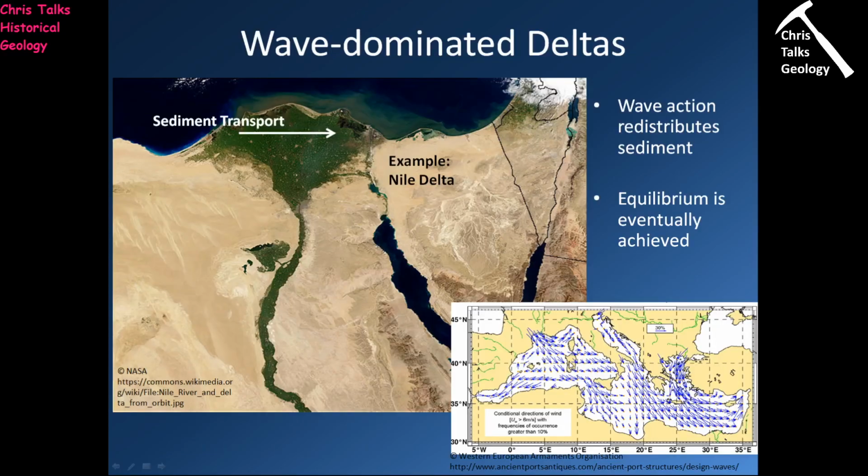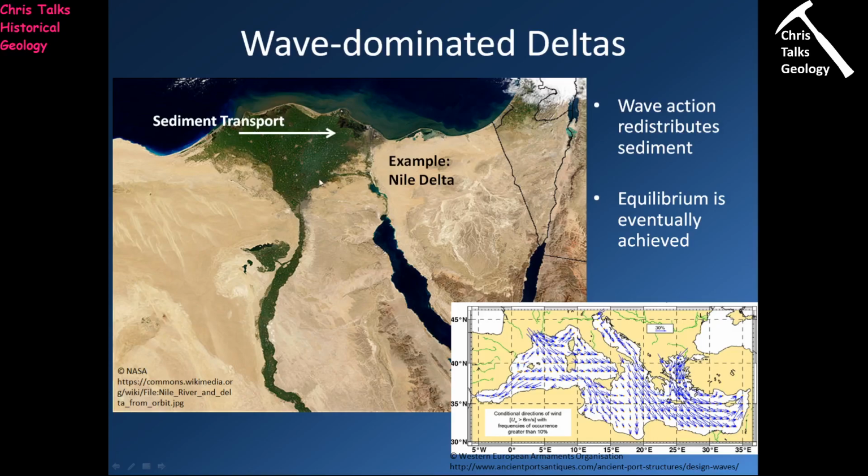Now, in the case of wave-dominated deltas, the thing that's controlling the shape of your delta is wave action. And the classic example of a wave-dominated delta is the Nile Delta. So obviously the Nile River comes up, cuts through Egypt, and makes it onto the south coast of the Mediterranean Sea. In terms of the coastline itself, if the delta wasn't there, it would come up like so, it would actually come down a bit, and then it would come back up on the other side. It would form a natural